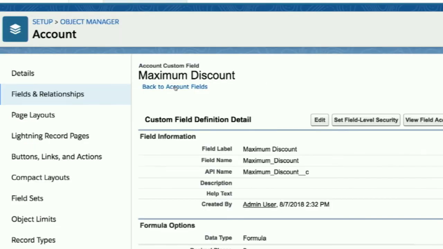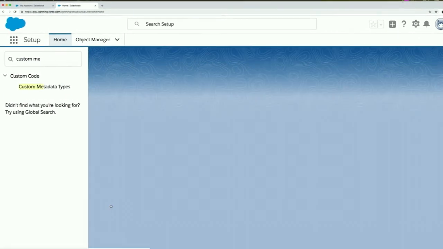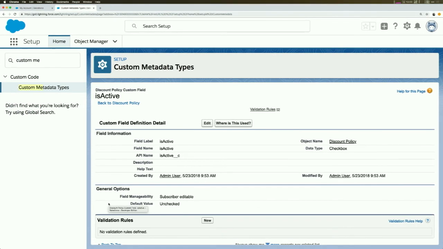Now let's look into something that I didn't show you quite yet. So in my setup, I'm gonna go to field that called is active. This is another field on custom metadata types. Wow, what is that? That is a new button you probably never saw before. This is where is used field